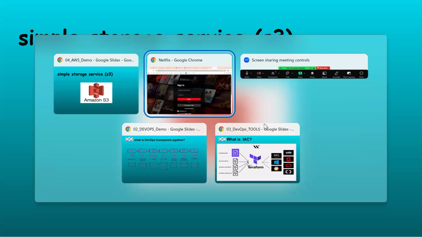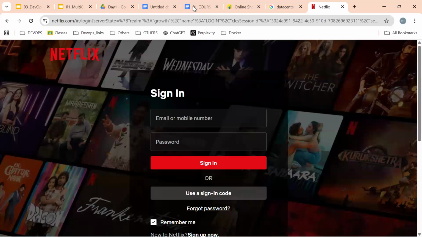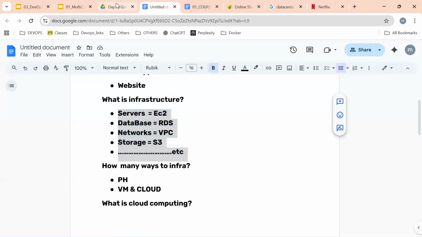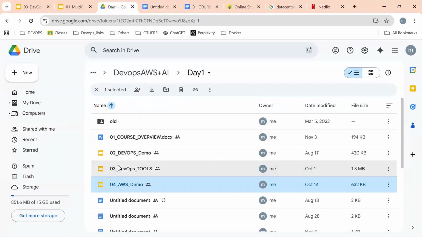How are we using Google Drive? We are writing docs here, or not. It is maintaining PPTs here. So it is Google Drive, or not. How can we upload, download files?